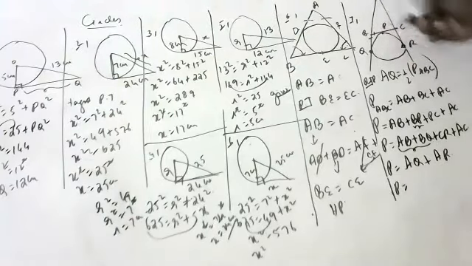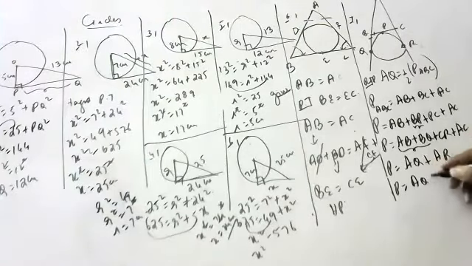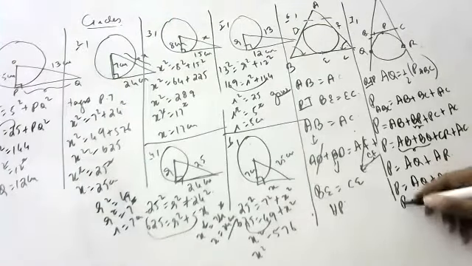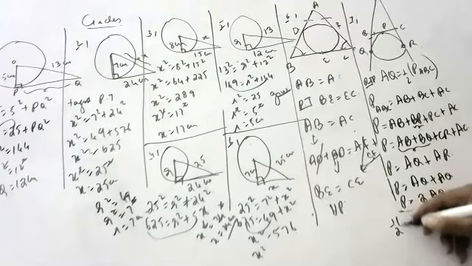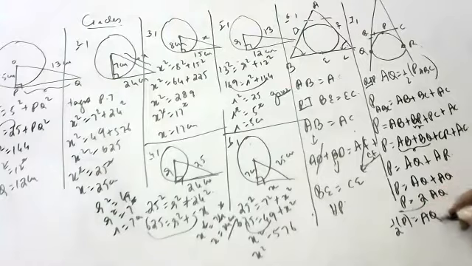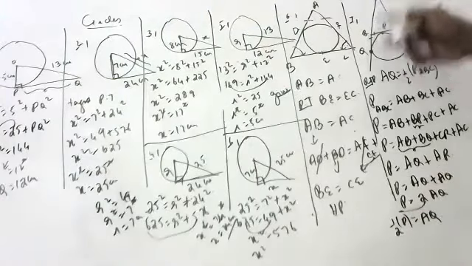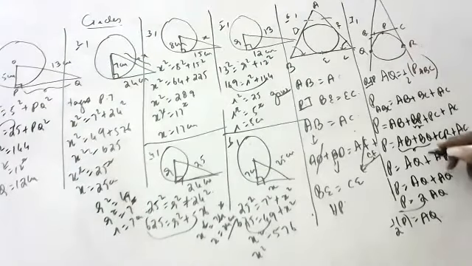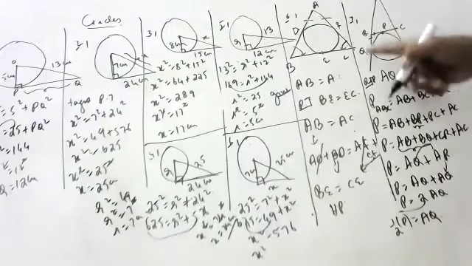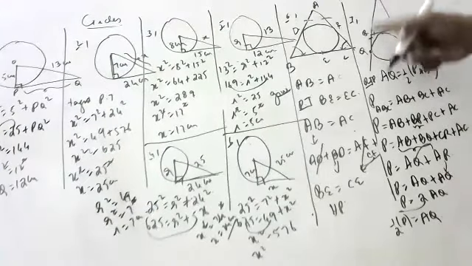So we can write AQ plus AQ. So the perimeter is equal to 2AQ. So the 2 comes down: half of the perimeter of ABC is AQ. Very good. Children, you understood? AQ and AR are also tangents meeting at a point, so they are equal. AQ and AR are equal, and AQ is half of the perimeter of ABC.